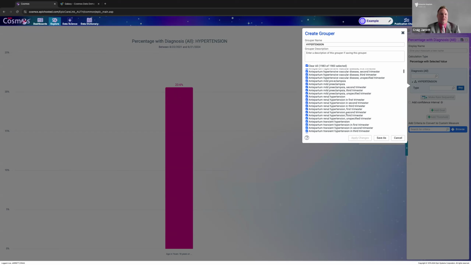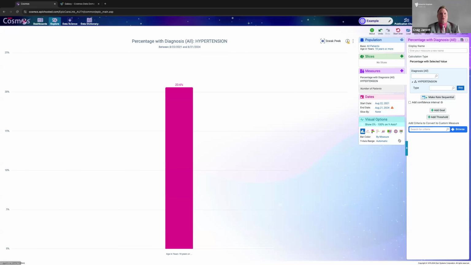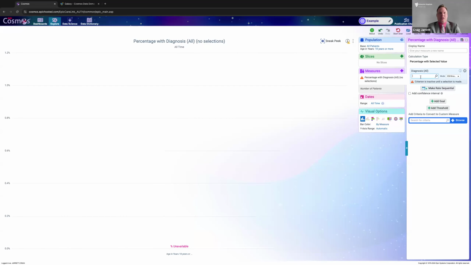And they're very accurate. These are the same groupers that are used operationally. So, again, as people start to publish in Cosmos, I think this is a huge feature. Let's say that we just wanted to focus on essential hypertension, probably the most. So we could simply change that to essential hypertension and,